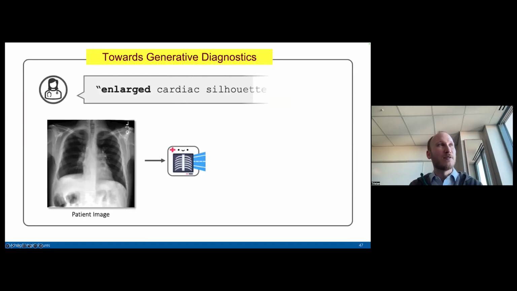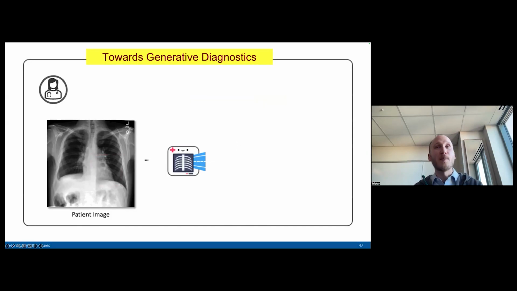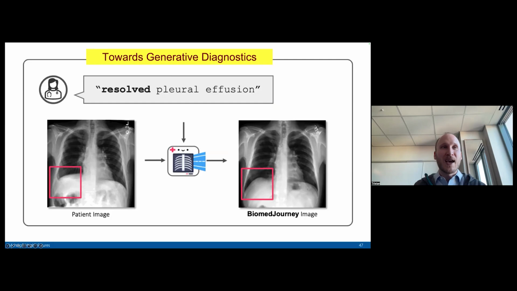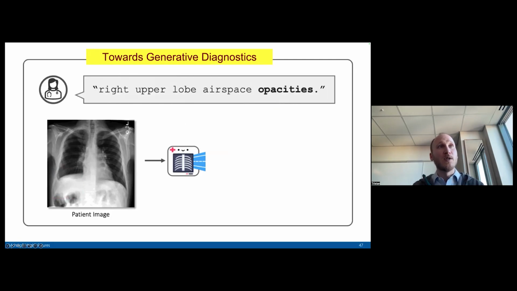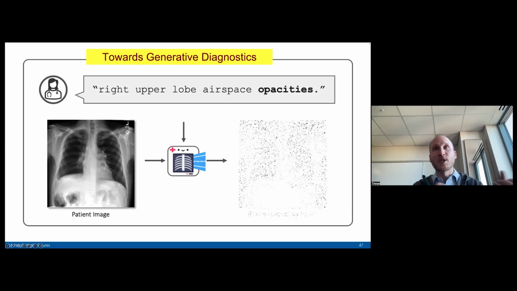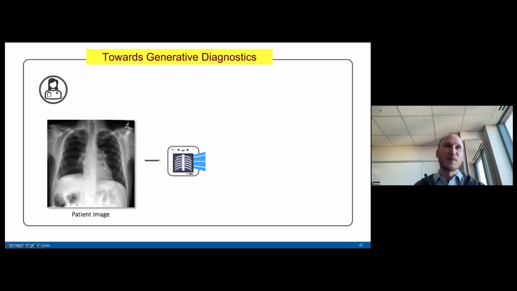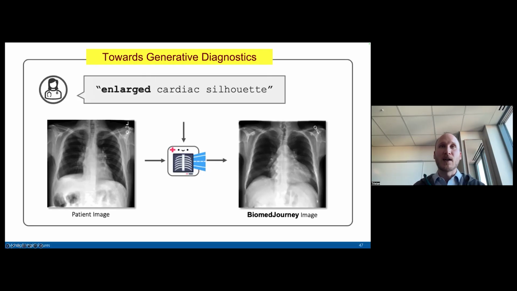This is one of the classic examples that we were using: can you have a prompt that says "enlarged cardiac silhouette" or "resolved pleural effusion" or whatever it ends up being, and start to see the generation of an image that allows you to specifically see some of the changes that you're asking for as well. But that prompt, of course, in some cases can be changes in conditions, but could also be "identify this area" or help me with some form